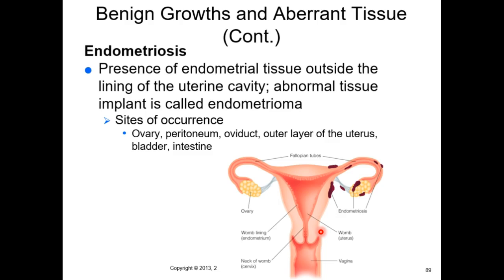Okay, let's talk about endometriosis. We've mentioned this before during our respiratory lecture, in the sense that we can have ectopic endometrial tissue that makes it into the thoracic cavity. More likely, our ectopic endometrial tissue is going to be within the peritoneal cavity or the pelvic cavity and the immediate surrounding area. It can go to the ovary, the peritoneum, the oviduct, the outer layer of the uterus,